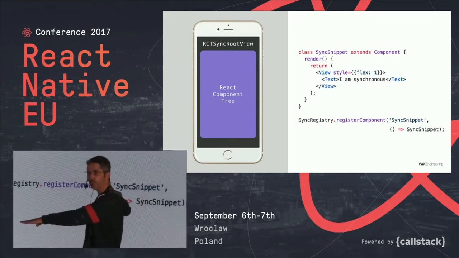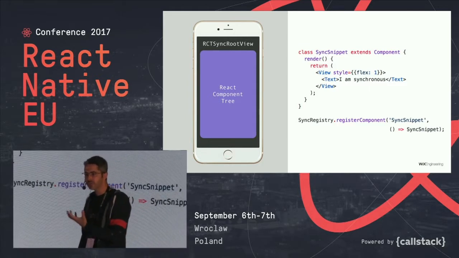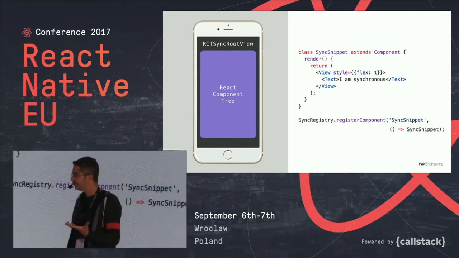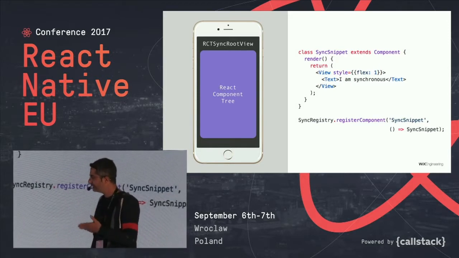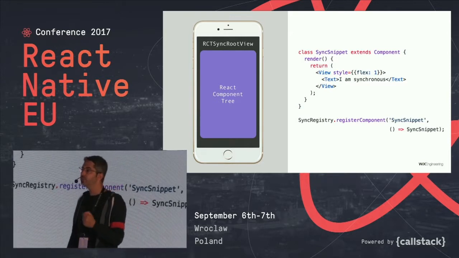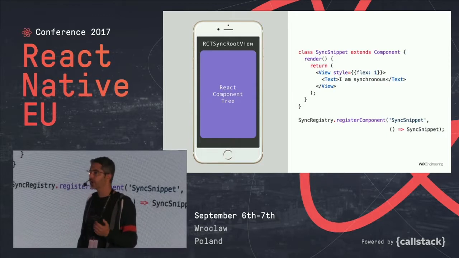You would define a component, just like you did before. You would use JS6, and we want to use JS6 because JS6 is easy, it's productive. Okay, that's why we use React Native. So you would write your component in JS6, and you would register it just like before, but instead of using app registry, you would use a new registry called sync registry. Okay, it's a special registry, and we'll talk about it in a minute.